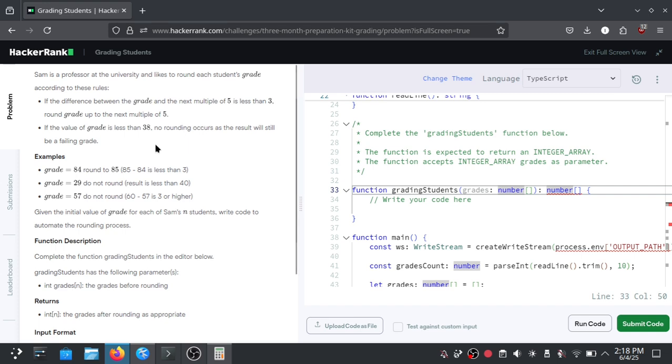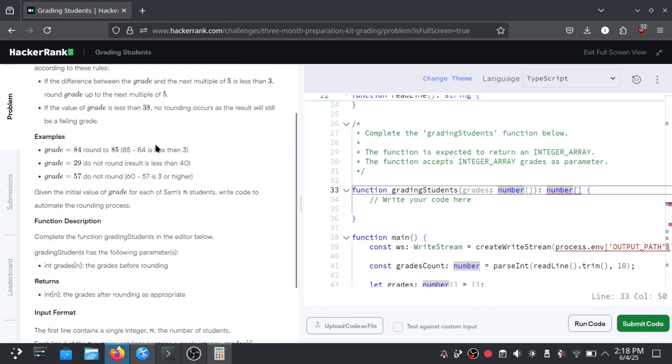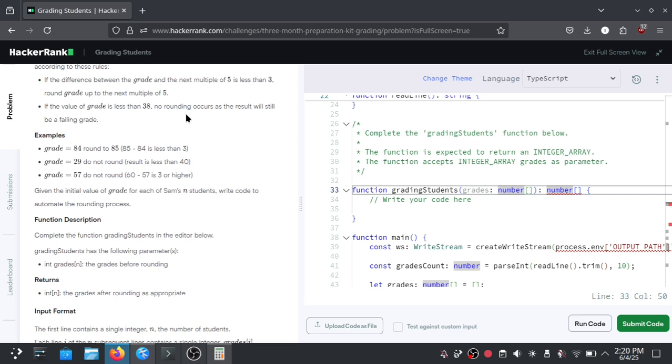Also, if the value of the grade is less than 38, which means it's already below 40, then the rounding will not occur. Let's say we try to round 37.